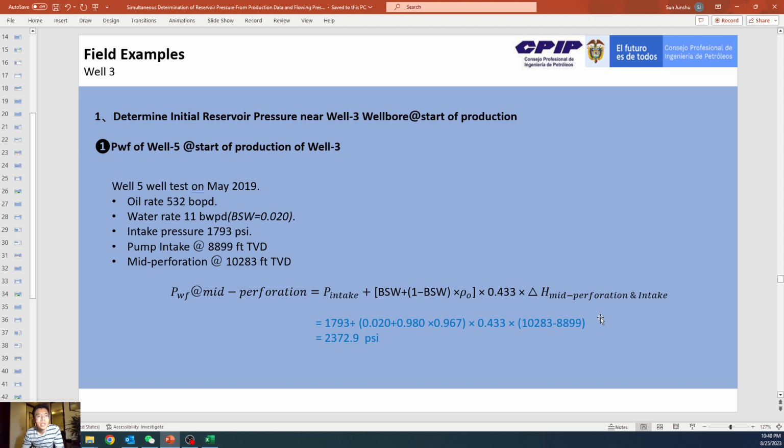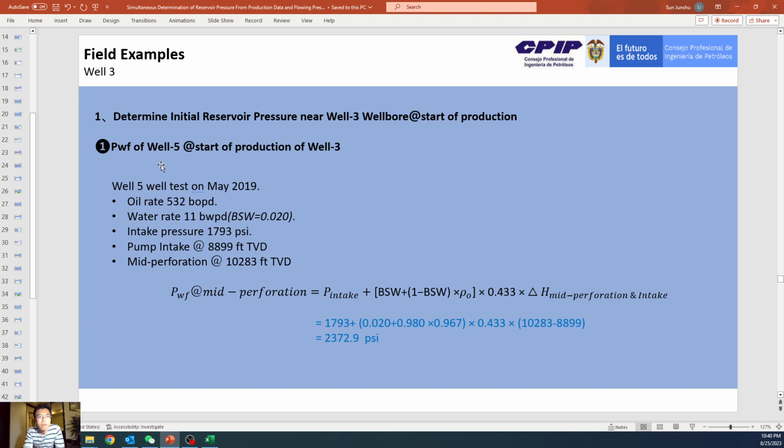Water rate 11 barrels per day, so the BSW is 2%. Intake pressure 1793 psi. So using the equation, we can calculate the fluid pressure